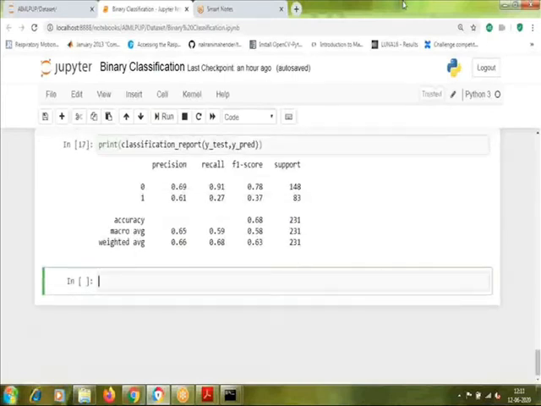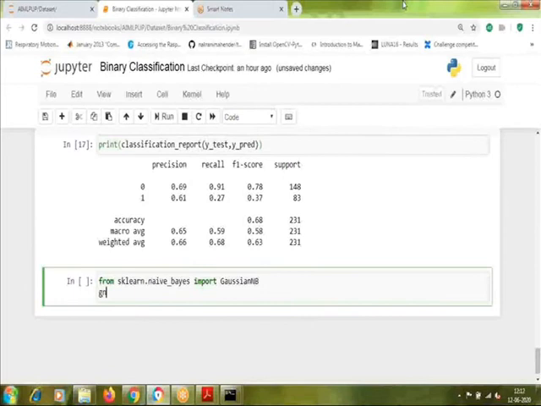To implement, again import that particular method here. Import naive Bayes from sklearn. There are many different methods in naive Bayes, so from that we are going to import the Gaussian naive Bayes method.